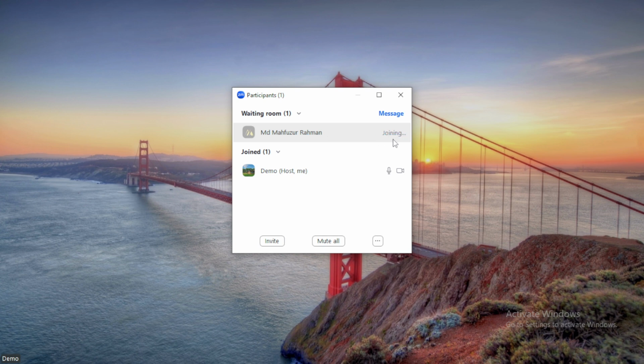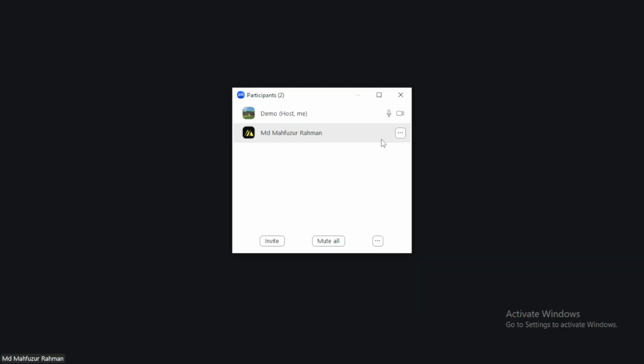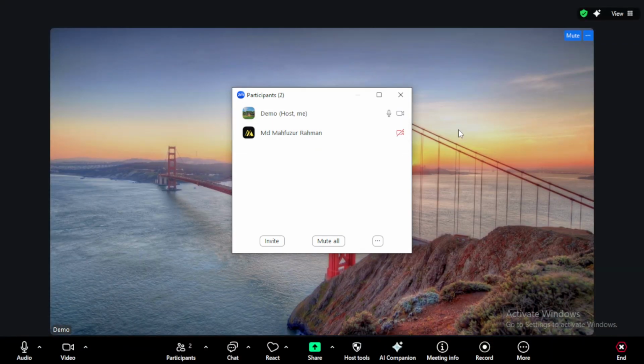At the top, you'll see a waiting room section with the names of people queued to join. Hover over a name and click admit to let that person in. If several people arrive at once, you can use admit all to bring everyone in together. That's great for large sessions when you're ready to